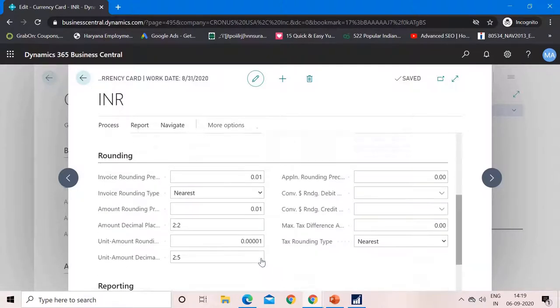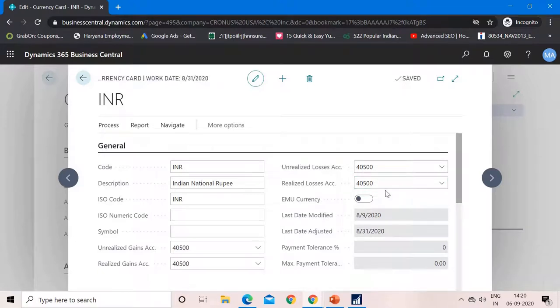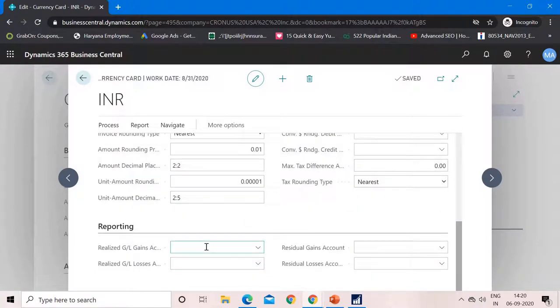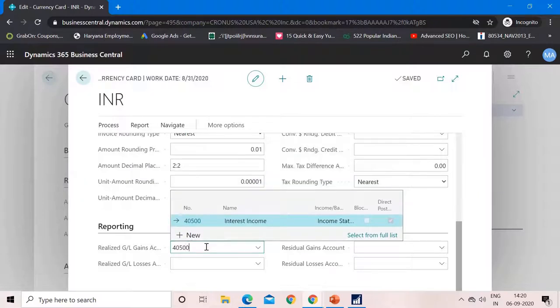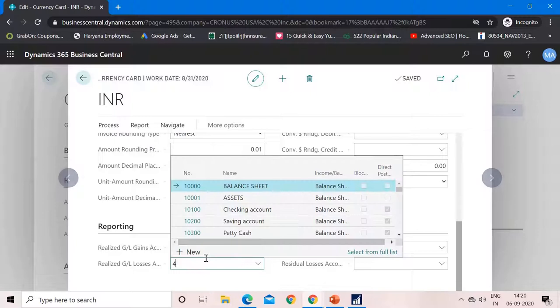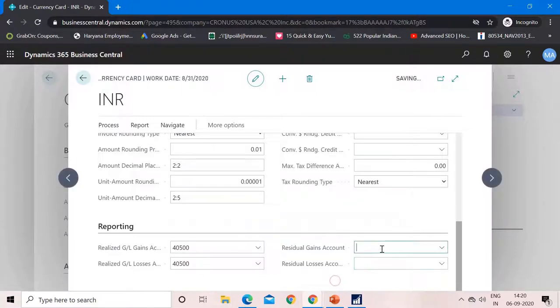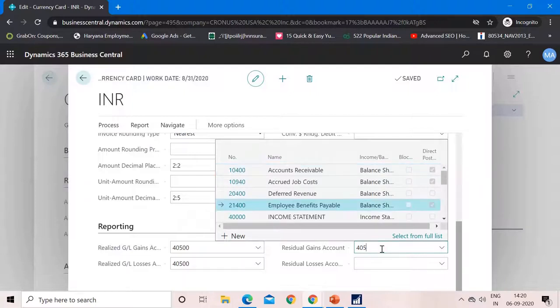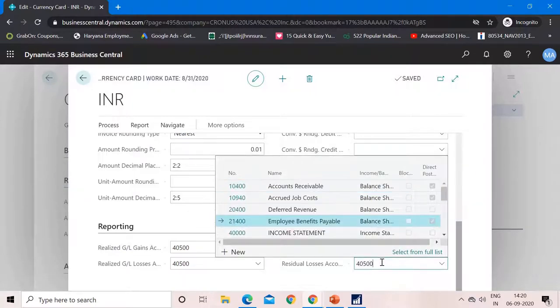As we have already mentioned our GL accounts for gain and loss here, I will use the same account in my reporting tab also. So it will be 40500. Here also the same account, and here also the same account.